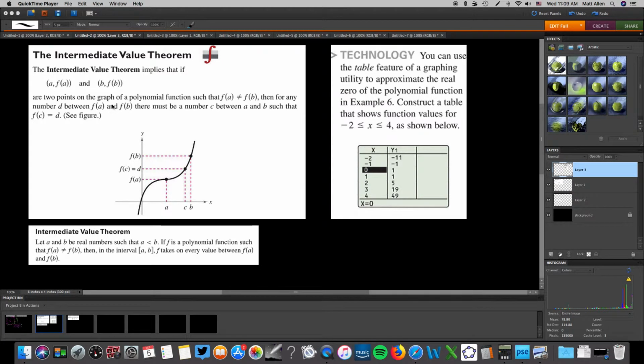Okay guys, in this last video we're going to take a look at a very important theorem, especially when it comes to polynomial functions. And this theorem is called the intermediate value theorem. When you hear intermediate, you probably think of some value that is in between two other values. It's intermediate. So when we talk about the intermediate value theorem, what it does is it guarantees